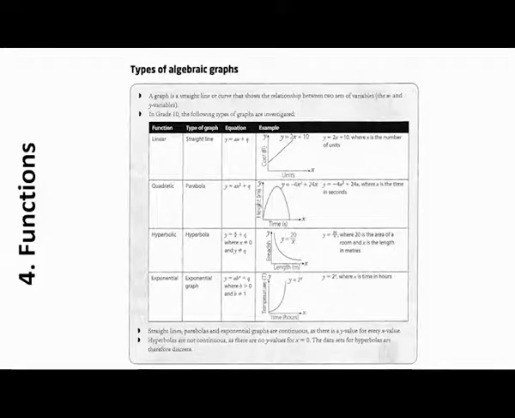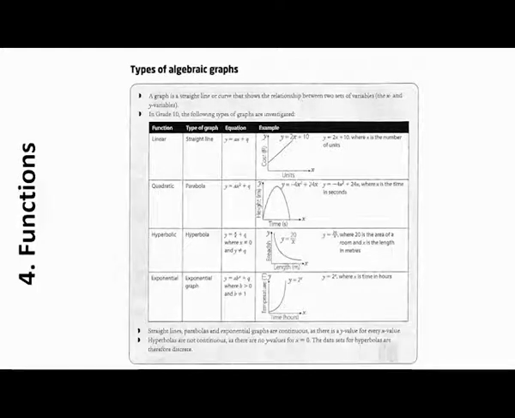There you see the length and the breadth. And for example, y is equal to 20 over x. The graph will look like that one. It will not touch the y axis, and it will also not touch the x-axis. Exponential graph, there you see a graph like that. For example, y is equal to 2 to the power x, where x is time in hours.